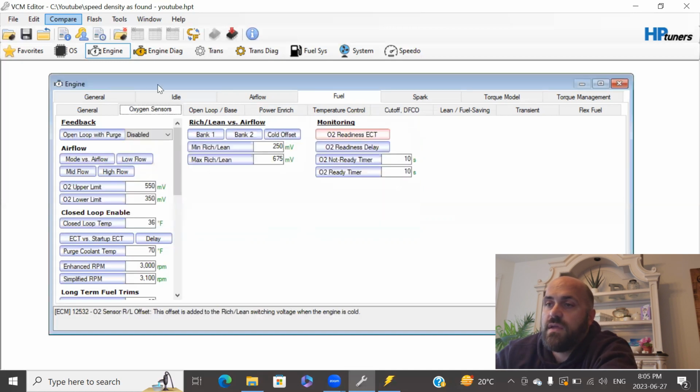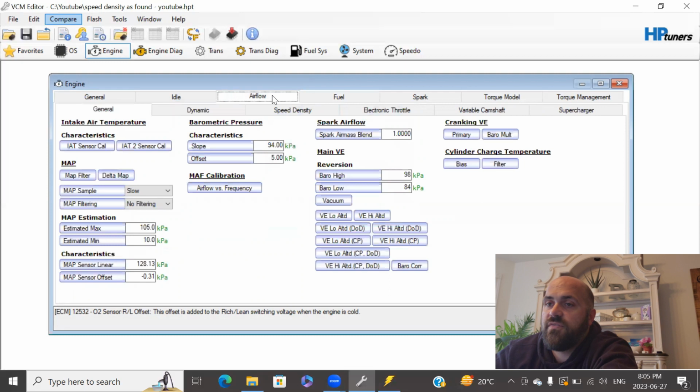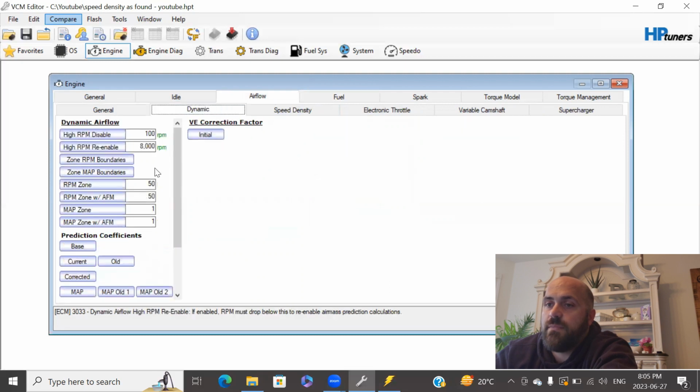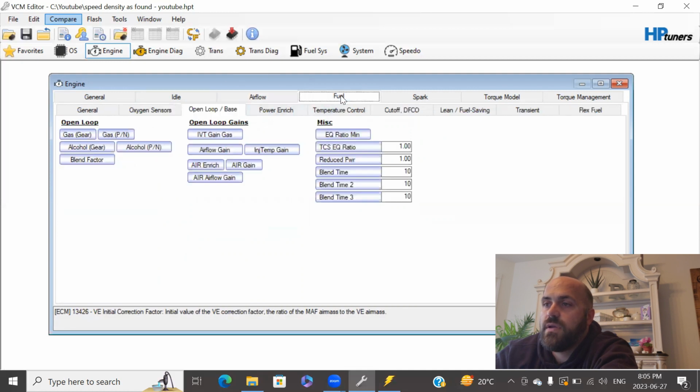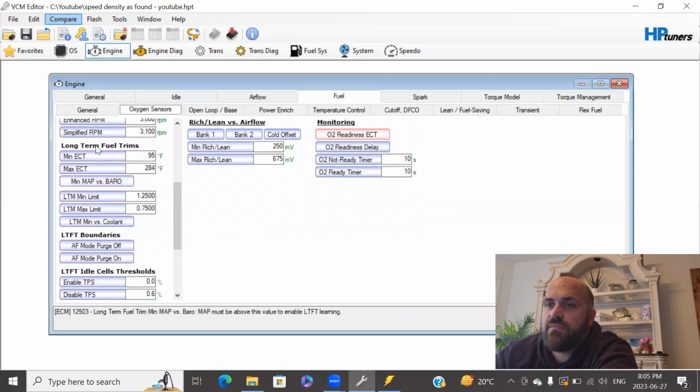Then I'm going to go into my airflow dynamic. Hold on, I'm mixing up here. I'm going to go into fuel, oxygen sensors, right down here, my long-term fuel trim, so min ECT. I get mixed up sometimes; there are so many different tables. You want to shut off your long-term fuel trims as well. Your O2 readiness ECT will shut off your short-term, but you want to shut off your long-term as well. So the min ECT,